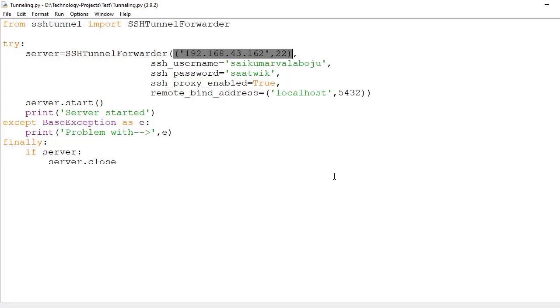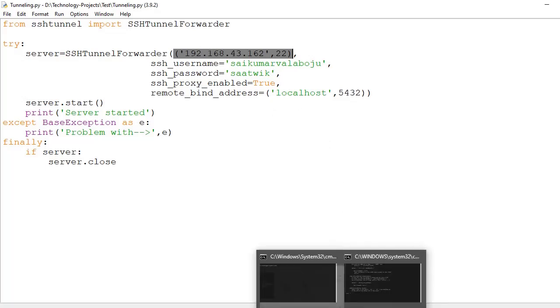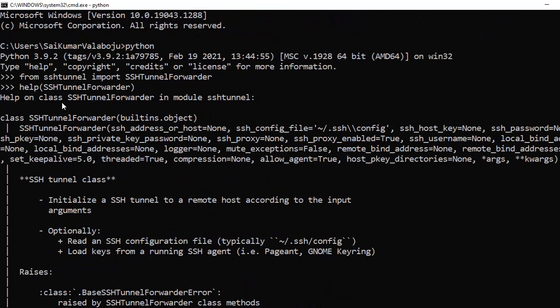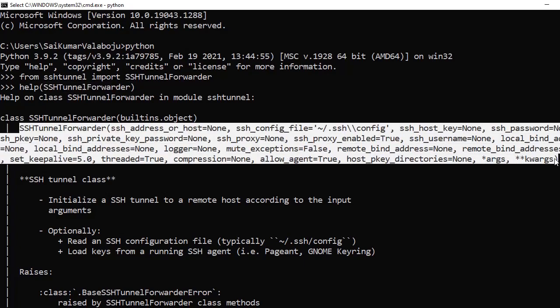Now observe how I am giving the host and IP address in tuple format. I'm taking the help of SSHTunnelForwarder, which is a class, and these are the parameters.